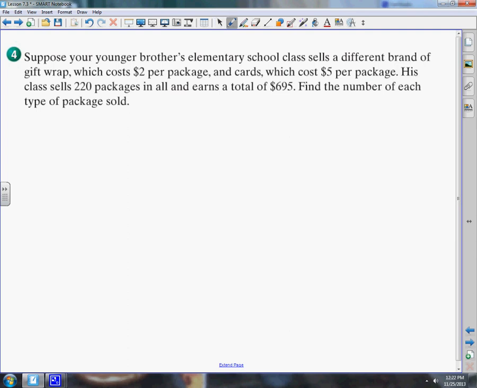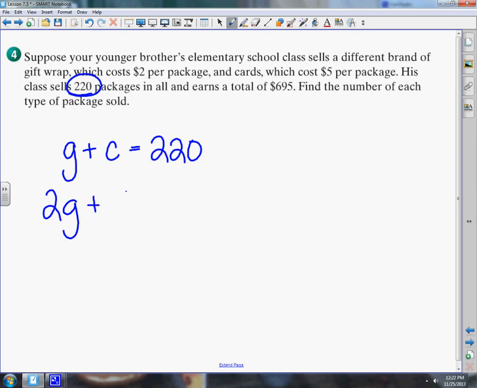So you're going to start with the number that they sold. They sold 220. So they are selling gift wrap and cards. So gift wrap, I'm going to do G plus the cards, C, equals 220. And then the gift wrap is $2 a package, so $2 for gift wrap and $5 for cards equaled